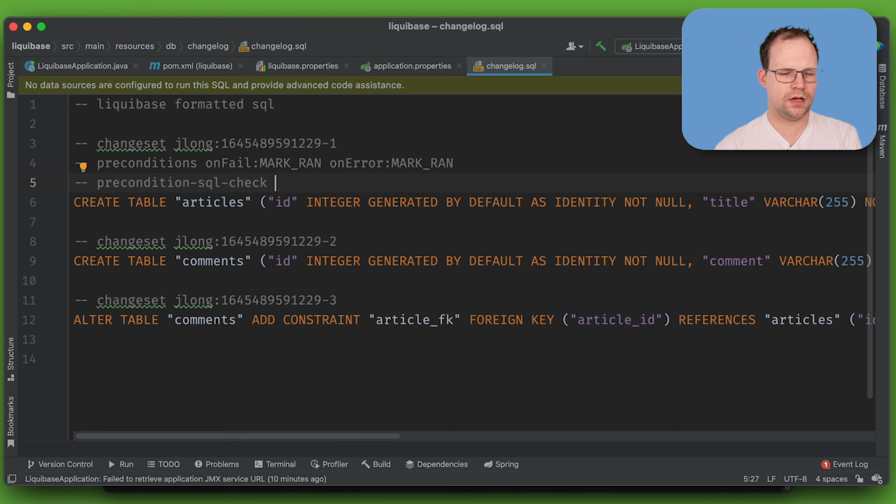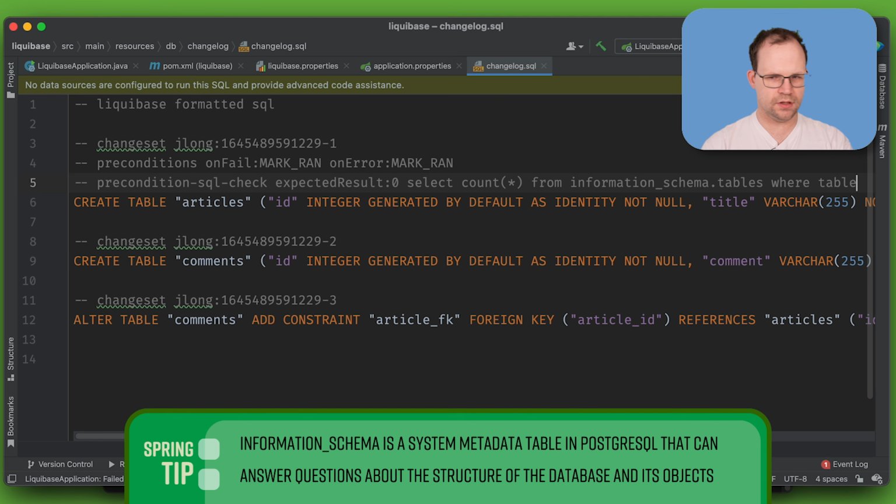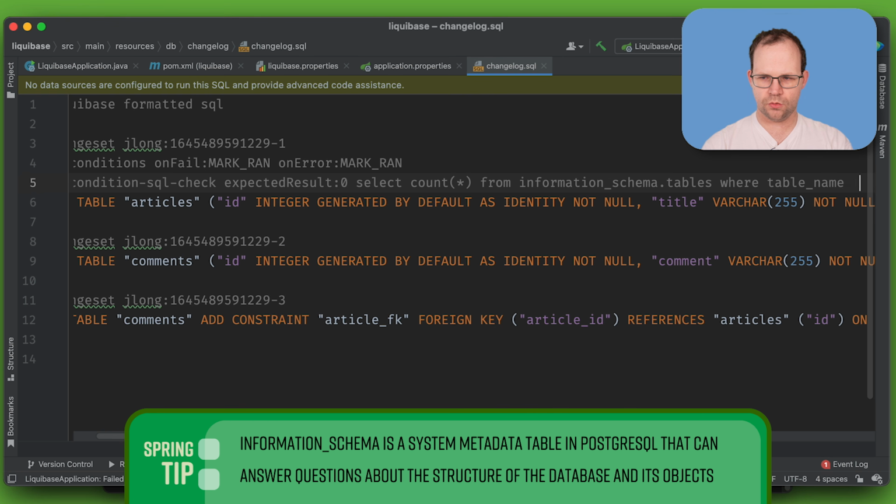We're going to expect certain results to be true before we bother running this change set. So expected result is 0, and we're going to say select count(*) from information_schema.tables where table_name equals